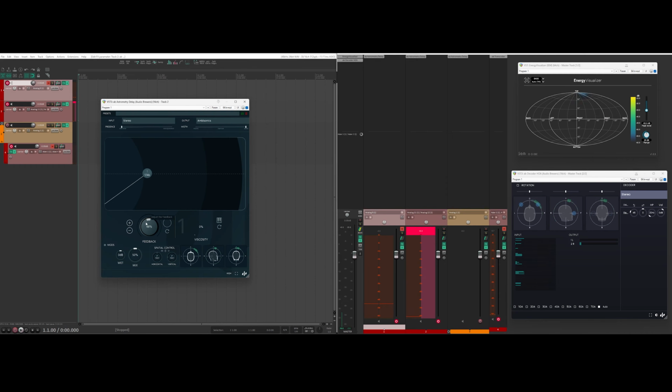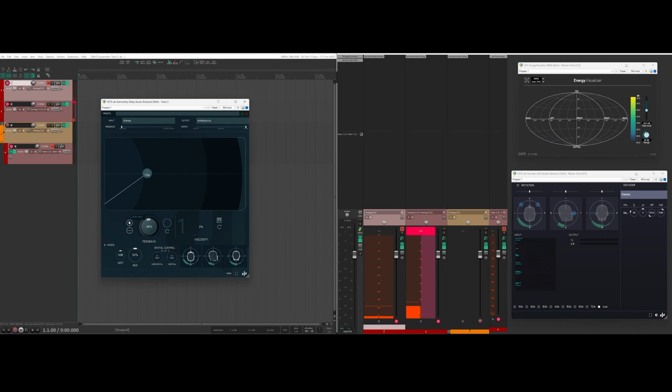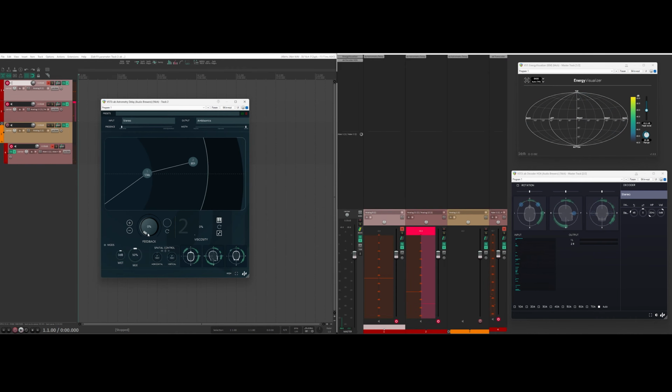Equally, I can increase the feedback, so that you hear that it works as a delay. And again, I could also add more taps. So now you can hear two taps. And of course you can add up to 8 taps. Three taps. 4 taps, 5,